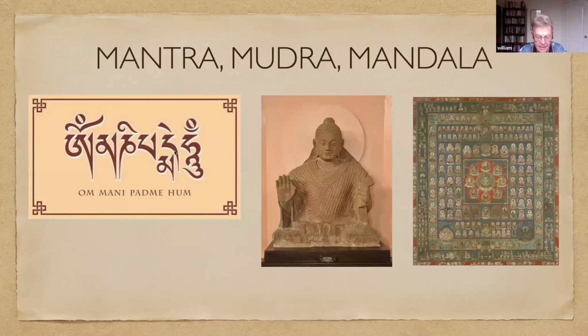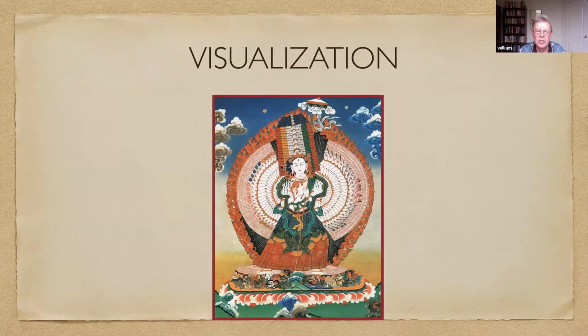Do you remember these? The mantra, the mudra, and the mandala. And they're used as means of trying to break through the intellectual approach to understanding Buddhism and get an immediate impact. So, for example, the mantra Om Mani Padme Hum, visualizing the hand mudra of fearlessness, etc., plus visualization of the various bodhisattvas and spirits. So this is the core of Vajrayana Buddhism.